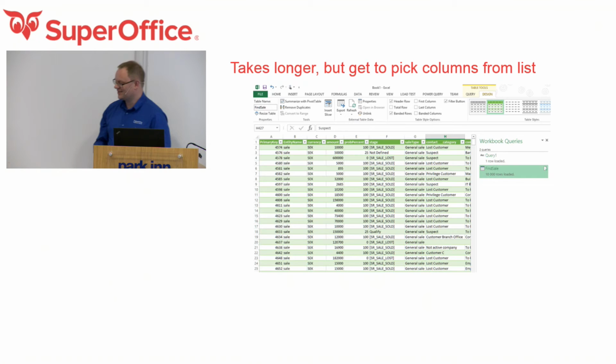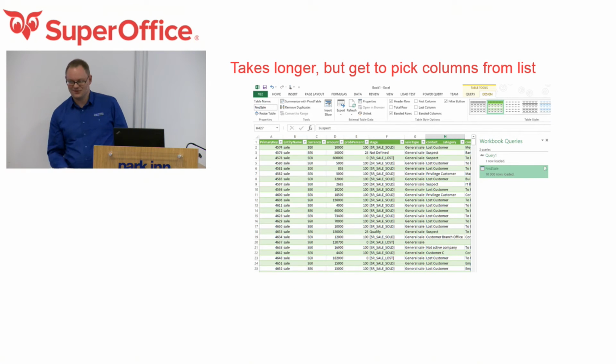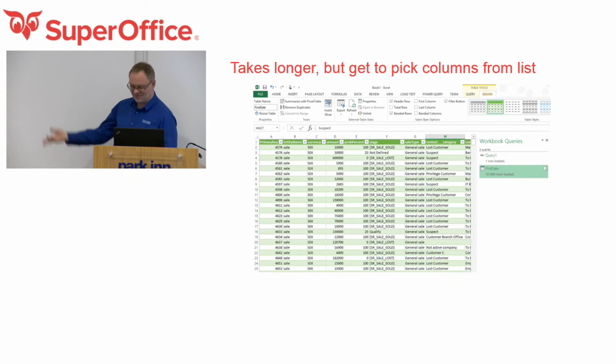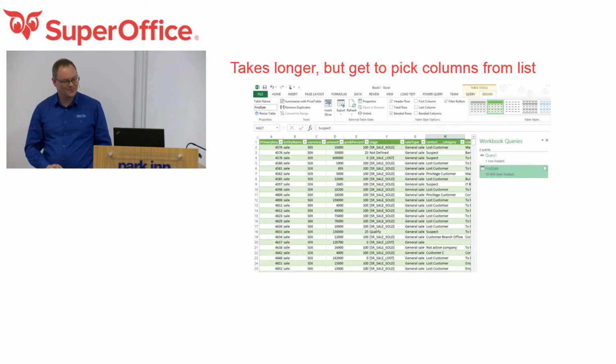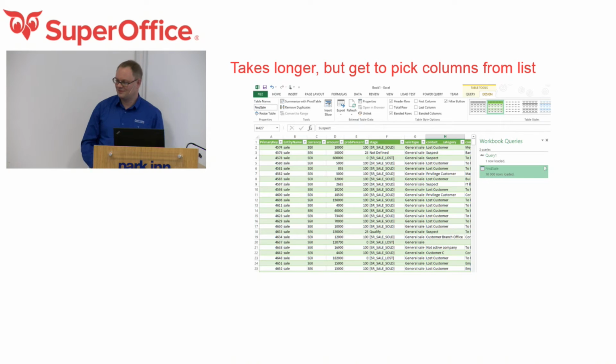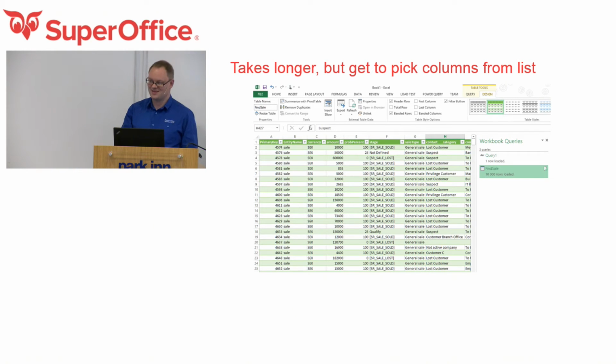So Power Query is a nice add-in if you're going to work with OData. You can build up your queries like this, just check off a few boxes and say, get me the data, and then build a nice pivot chart on top of